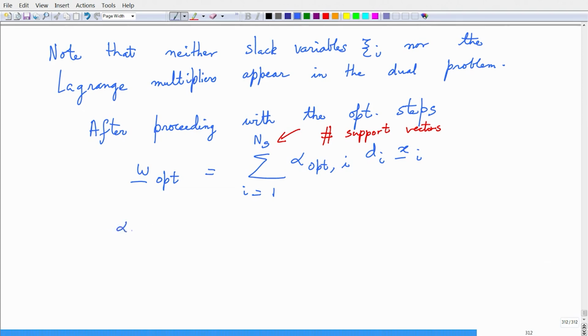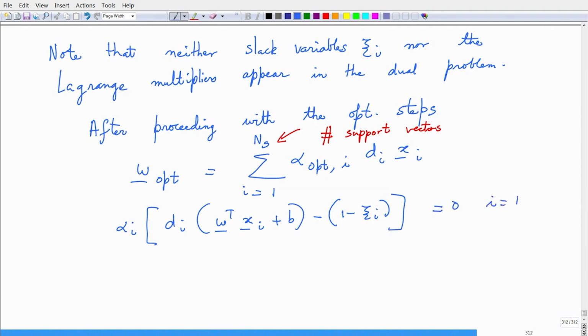And we have this condition: alpha I times d_i (w transpose x_i plus bias) minus (1 minus zeta I), this quantity is equal to 0 for I equals 1 through n, and mu I zeta I equal to 0 for I equals 1 through n, where these mu I's are the Lagrange multipliers